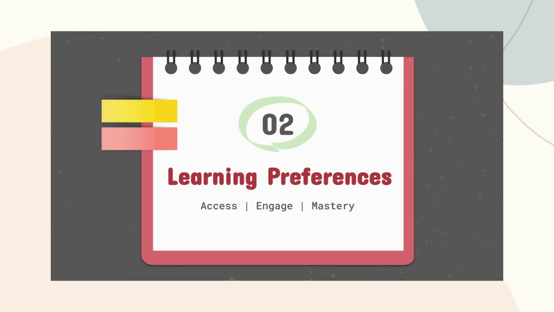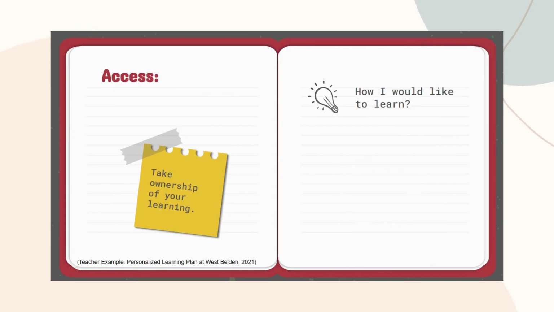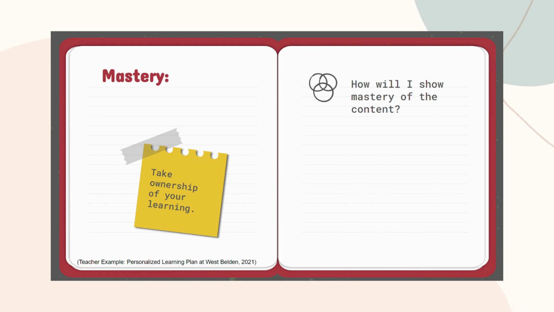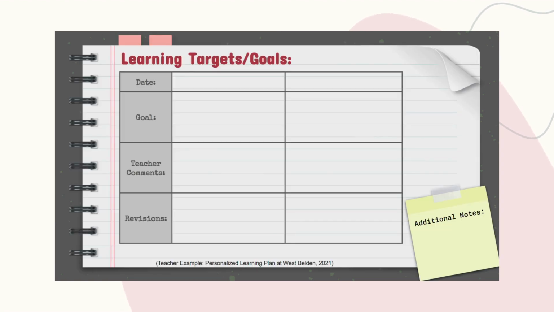Students also completed a learner survey at the beginning of the unit to help the teacher determine their learning style. This helps students develop autonomy and gave students the opportunity to take ownership of their own learning. Students utilized the learning plan section to mark when learning goals had been met, received teacher feedback, and reflected on